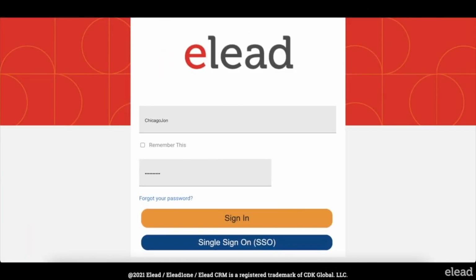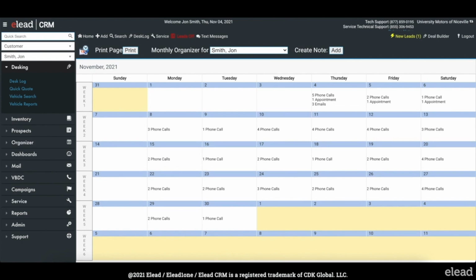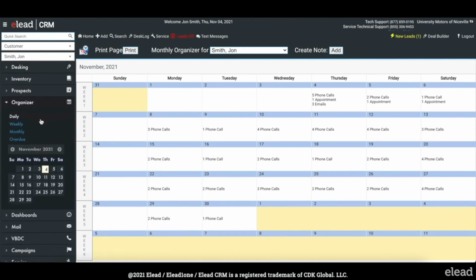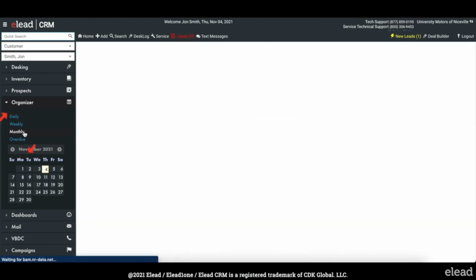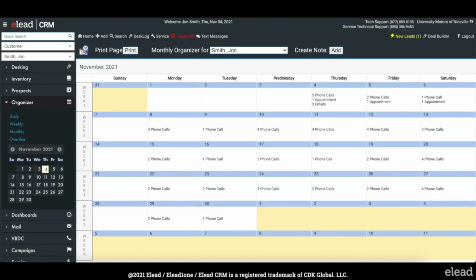First, let's log in to get started. If your monthly organizer isn't your landing page, click on Organizer on the left navigation. Then click Monthly, and here's your monthly organizer, and to see only your phone call activities that you need